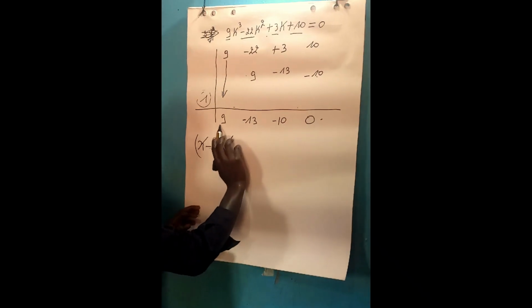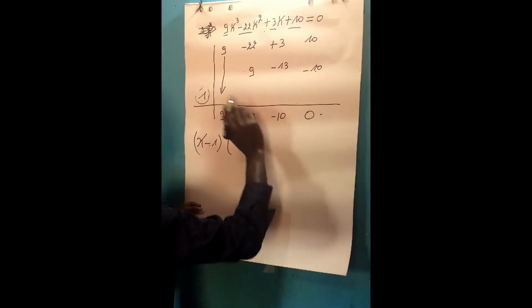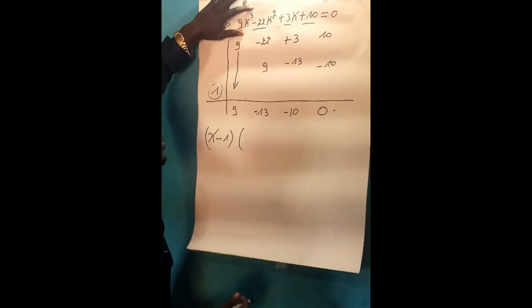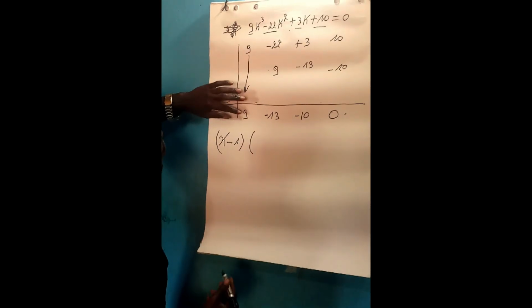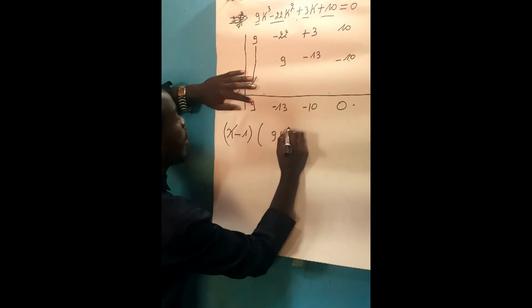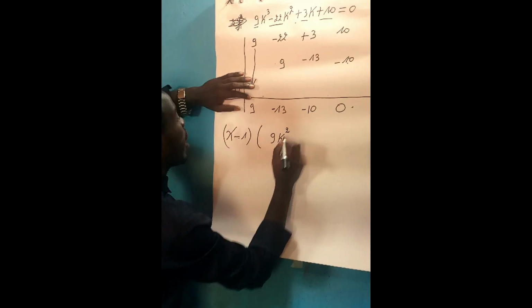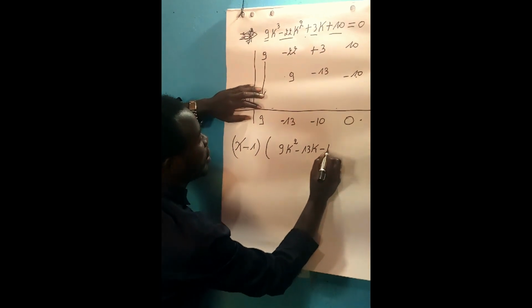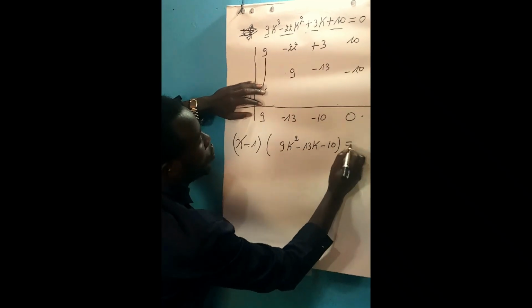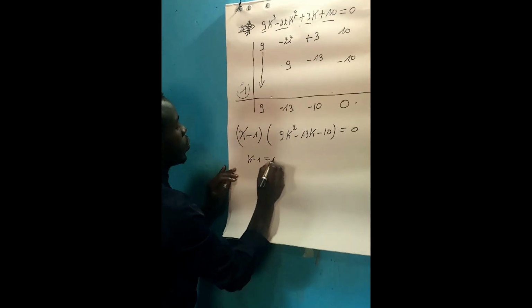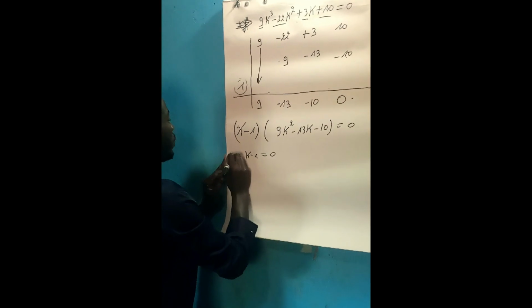Now we write the coefficients, but since our equation had degree 3, we remain with degree 2. So we have 9k squared, then minus 13k, then minus 10 equal to 0. Solve this equation, either k minus 1 is equal to 0, or